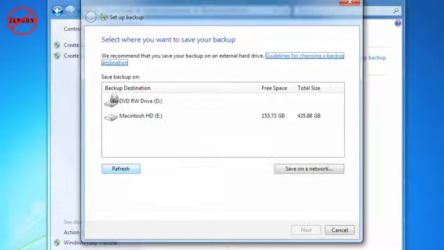Now, if you're using Windows 7, there is a backup system there. I'm going to do a little tutorial so you can see that online very soon. That's really simple. There's a little wizard that talks you through doing it. And what it does is it asks you what files and folders you actually want to back up. And then you run it and it runs on a scheduled basis. Oh, by the way, Carbonite also runs on a scheduled basis. You tell it how often you want it to back up.